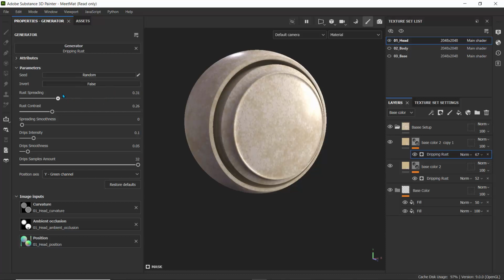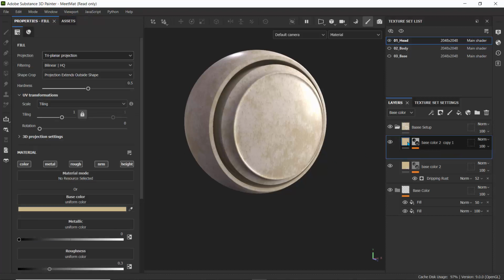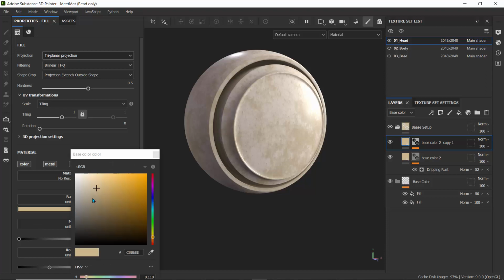I'll just drag this down a little bit, and I'll just increase the intensity of those drips, and then turn up the smoothness a bit, just so that we can have a slight variation. And here for the color as well, I'll just make this slightly darker so that it looks kind of dirty. So this is what we have, and this is what we're having right now on top, just to have a slight variation. And the hex value is